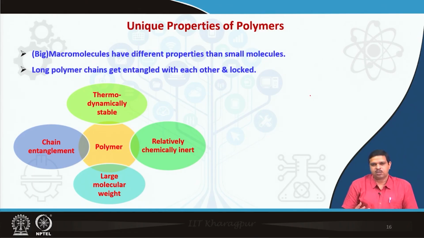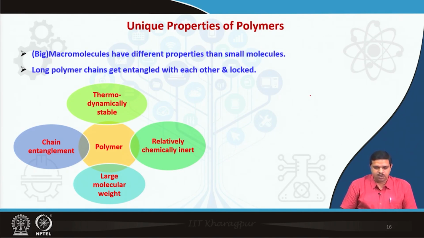So, obviously these are very stable, that is why you are using them for daily life and household applications. So, these should be kinetically stable, chemically stable, thermally stable, thermodynamically stable, and obviously,